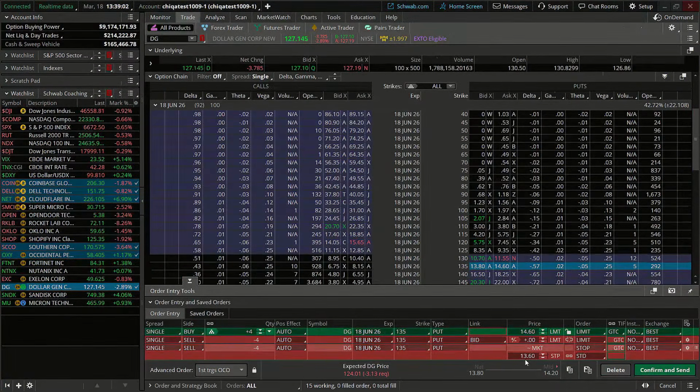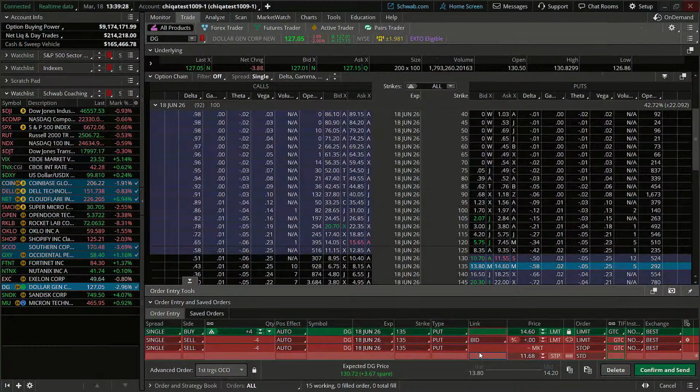Now, as far as our stop, let's do a 20% stop in this case on this one. So if I take our entry price of $14.60, multiply that by 0.8, that will really give us our stop to the downside if price goes back up right around 11.68 there. And that still stays within that 1 to 2% or 0.5% to 1% risk of our account of not risking more than $1,000 to $2,000. So we're going to keep that there.